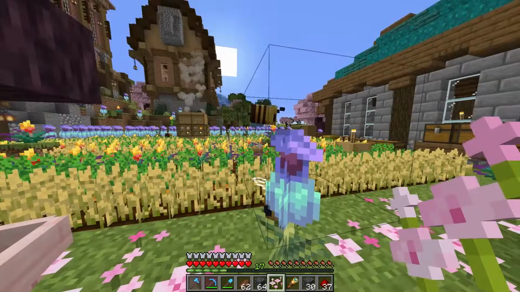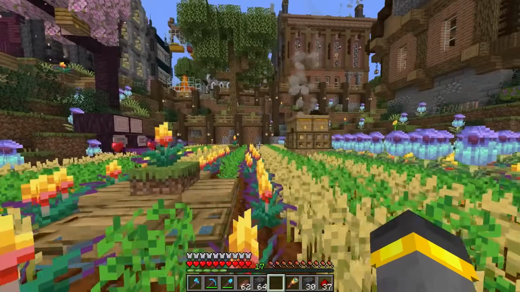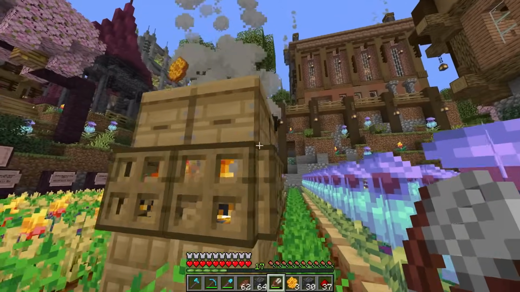Breeding up bees is insanely easy. You could use any flower in the game in a honeycomb farm. I mean, it's not too advanced either. Place a campfire down below one of these things, go ahead and shear it if you want a manual one,